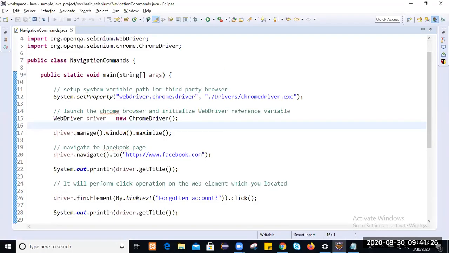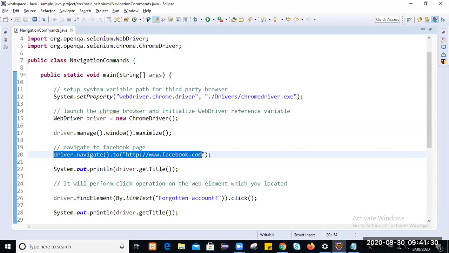These two methods. What is the difference between driver.get and driver.navigate.to?